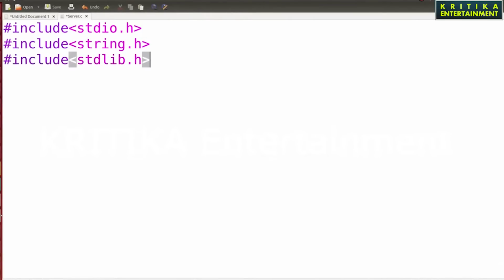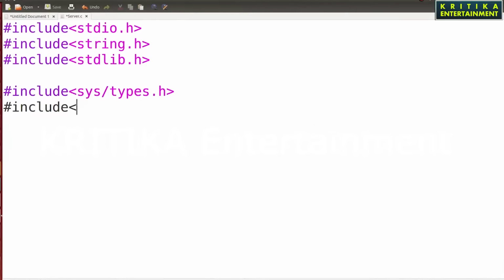These functions are used in C header files. Now I'll add the networking header files. What are the network header files? #include <sys/types.h>, then #include <sys/socket.h>. What are the socket files?